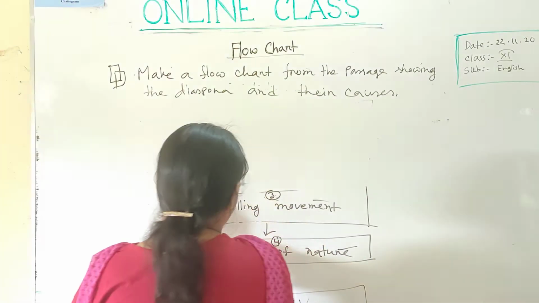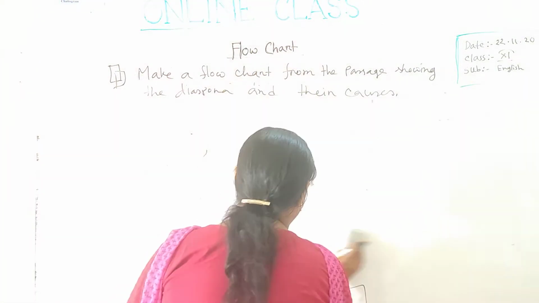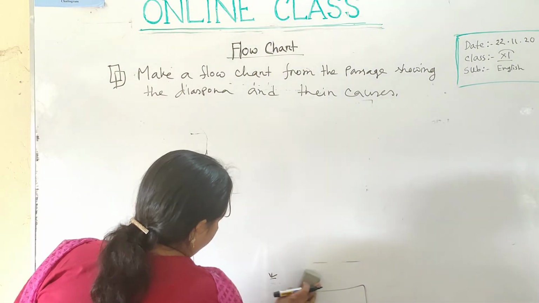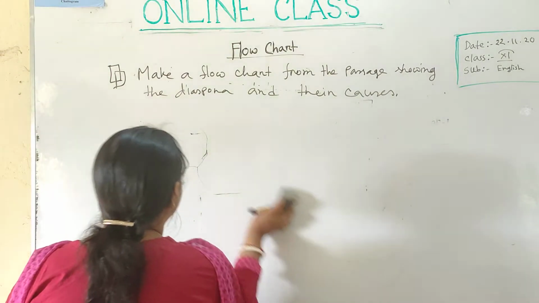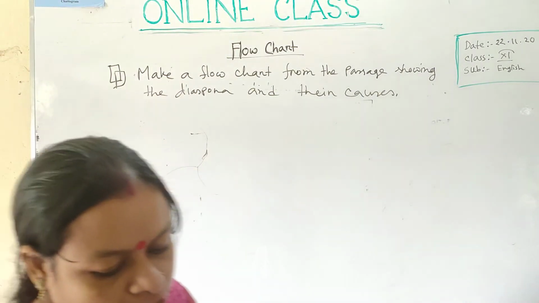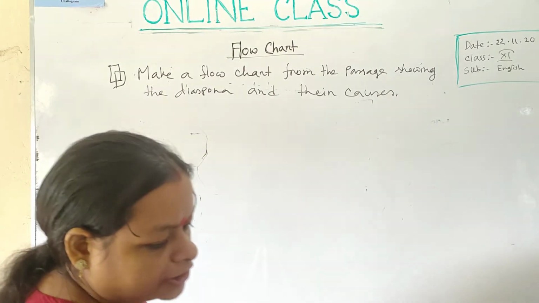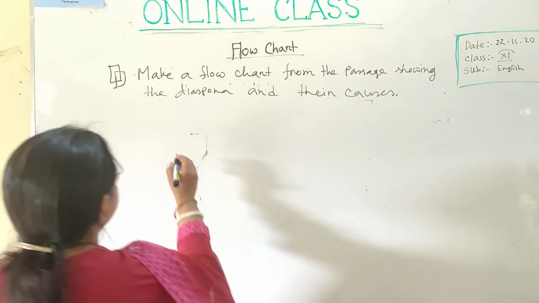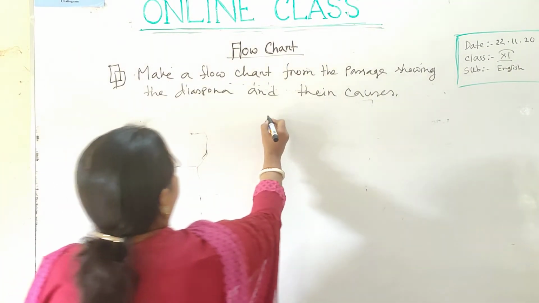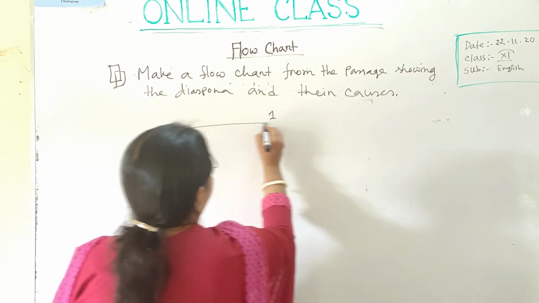If the question is such, we have to write one name of diaspora in the first box, and in the second box we have to show the cause. For example, if in the question paper you see that number 1 is given for you,